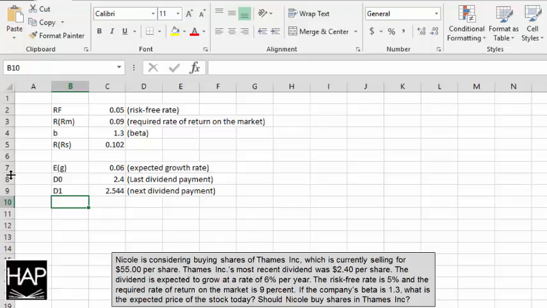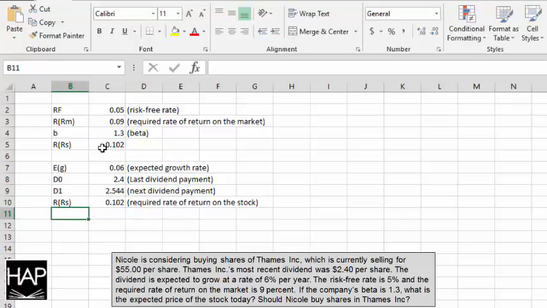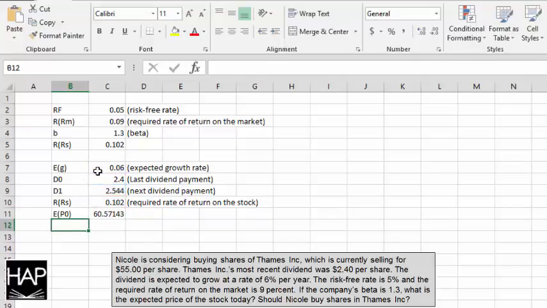I also need to use the required rate of return on the stock, which we just calculated, as 10.2%. And then using this information, I can calculate what the expected price should be for Thames Inc. right now. So that's going to be equal to the expected dividend payment of $2.54 per share over the required rate of return on the stock minus the expected growth rate of that stock. Using that formula, I can see that the expected price of the stock is